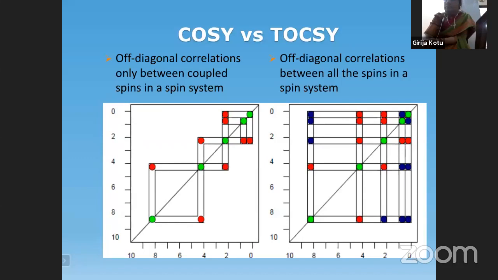So for the bottom, you'll have to find how many cross peaks? 4, because there are 5 spin systems. So you just count the corners, the boxes for this, and the corner cross peaks you can consider. First one is red. For the green, the top one is in the box, the corner, red one, then blue, blue, blue. So how many? 1, 2, 3, 4. 4 you're finding, isn't it?